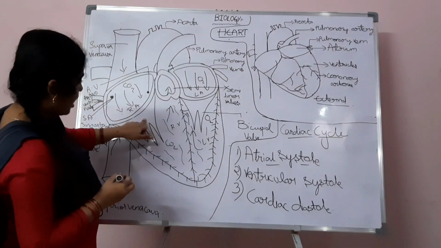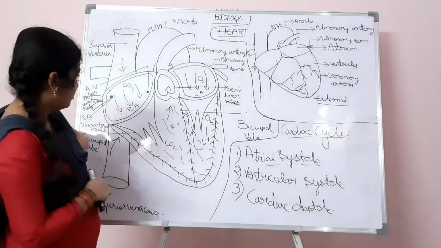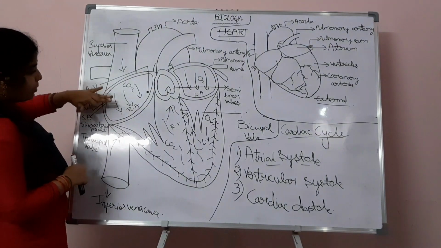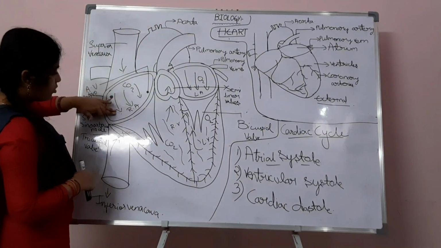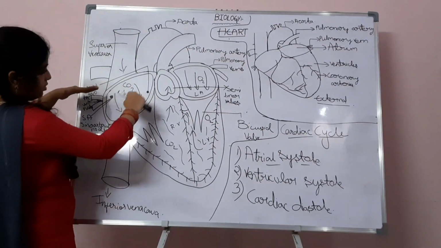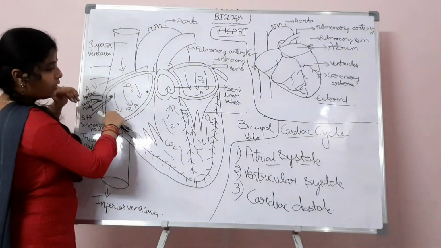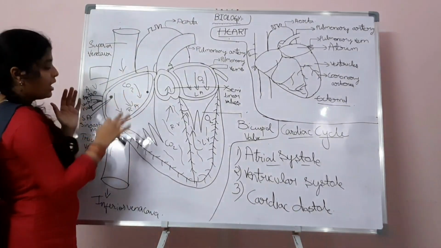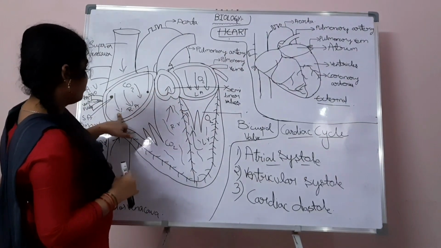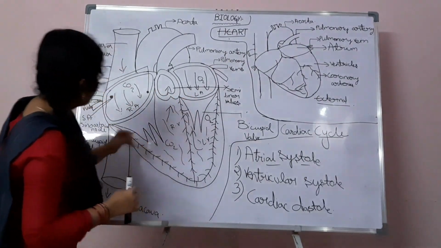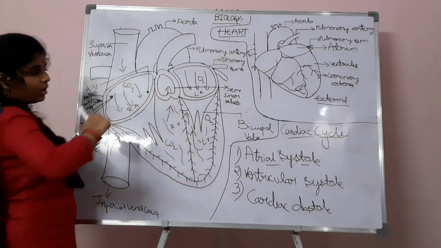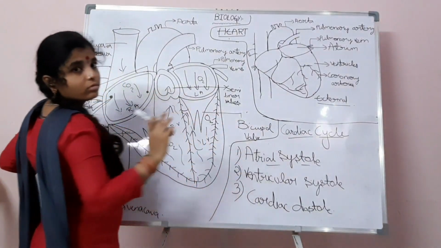In the heart there are heart strings present. So whatever blood, when it gets contraction, is released into the right ventricle, and this is known as atrial systole. Contraction that takes place in both the atria, right atria and left atria, is known as atrial systole.